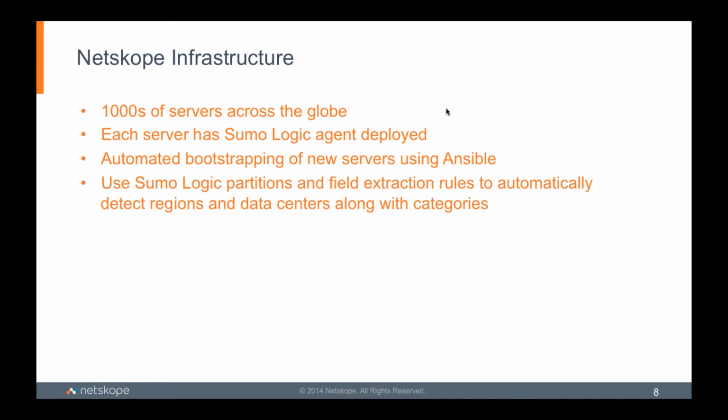We also did certain things with Sumo Logic, which Kumar, I don't think, talked about, but I think are very important. When you configure these collectors, Sumo Logic provides you the ability to do first partitions. So you can create a partition, and I'll explain what that means. It also allows you to extract certain fields automatically. What the partitions do is a very robust way of doing role-based access control.